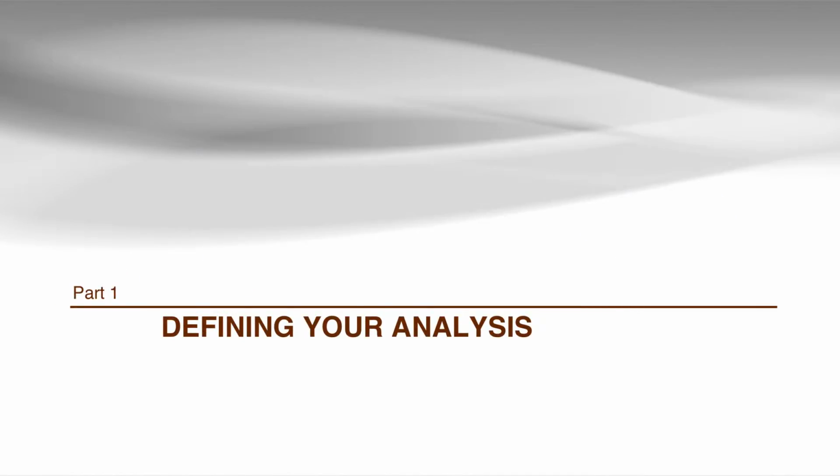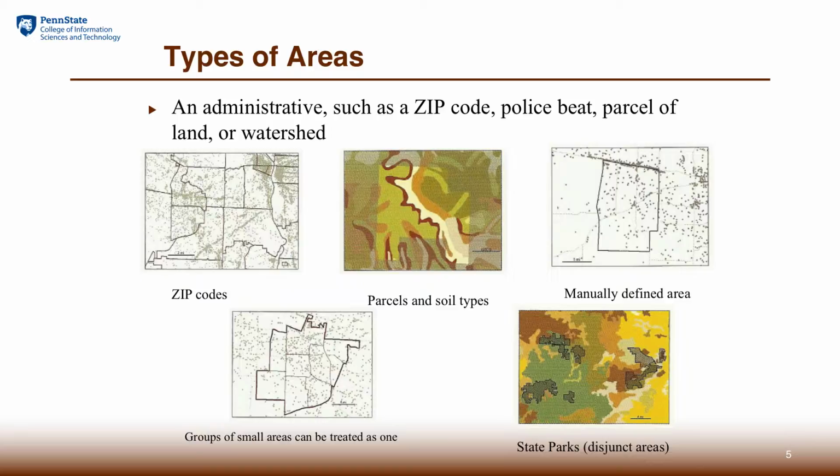So let's start with analyzing and defining the analytical requirements. Analyzing and finding what's inside involves two pieces of the puzzle. First is the target feature that we're trying to find, and the other is the area that defines the area of interest. So let's start with talking about the kind of area we're dealing with.